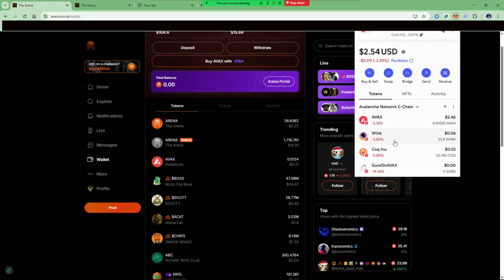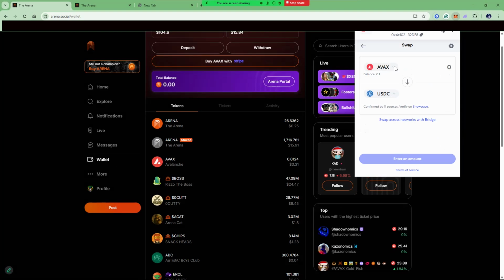When you are ready to swap tokens into AVAX, make sure you have enough AVAX in your crypto wallet, and if you do, proceed to select the swap option. Under the swap section, the first drop down is where you choose the token you want to exchange or swap from, and the bottom section is where you will select the token or currency you want to exchange or swap to. For example, you can swap AVAX into USD currency, or in this example, we're going to first swap WINK